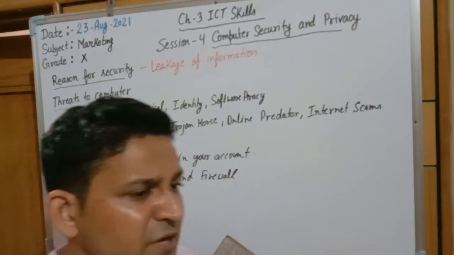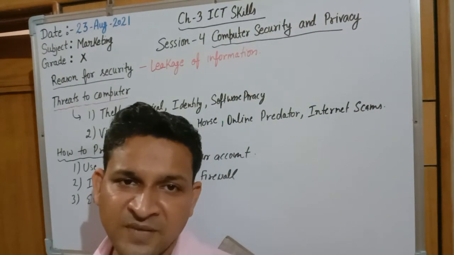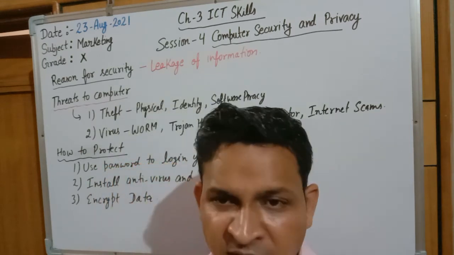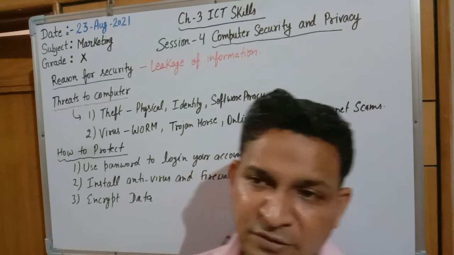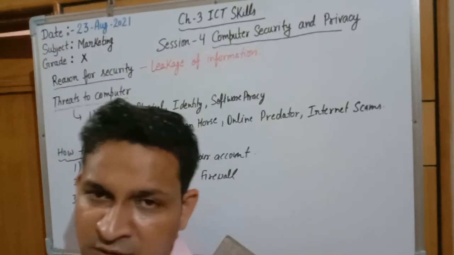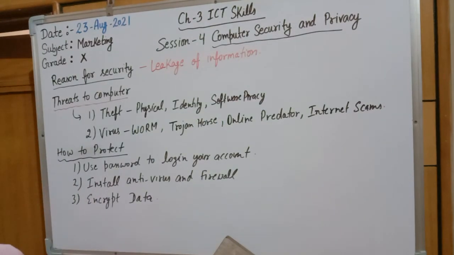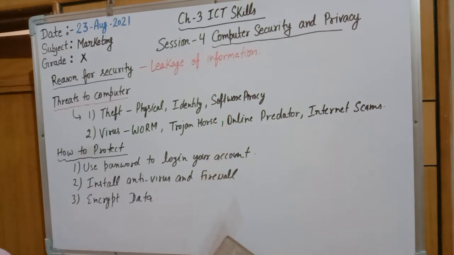Identity theft means somebody is using your ID and password as an unauthorized user. He is not authorized to use that ID and password, but he has stolen them and is using them. That is identity theft. The third one is software piracy. Sometimes you have a software license and another person is using a duplicate of your licensed software. It means he is using pirated software, he has stolen your software key and is using it. These are the 3 types of theft that threaten a computer system.